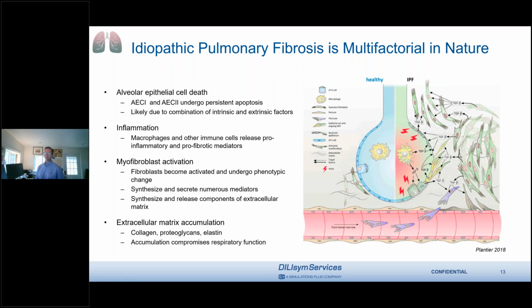To date, it seems like a great deal of the focus is on those fibroblasts. As the fibroblasts become activated and take on the form of myofibroblasts, that's where they're really able to generate a substantial amount, the increased synthetic rate, of the fibrosis components, the extracellular matrix components. In addition,